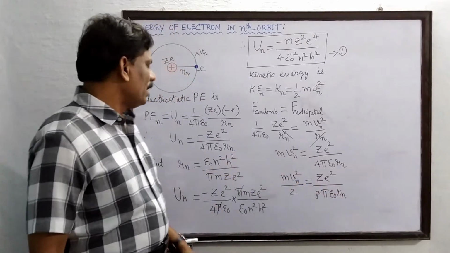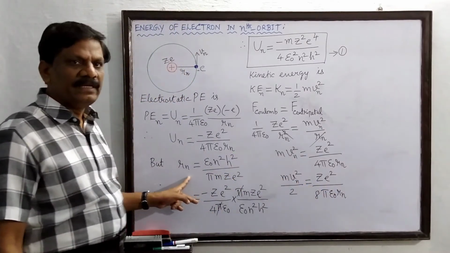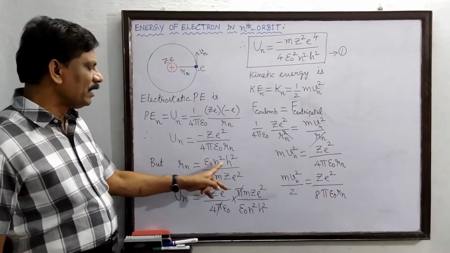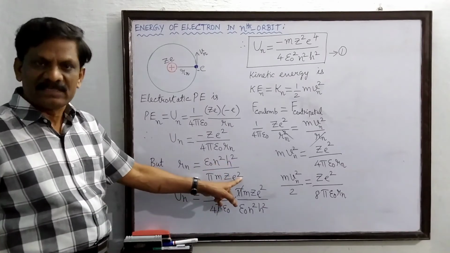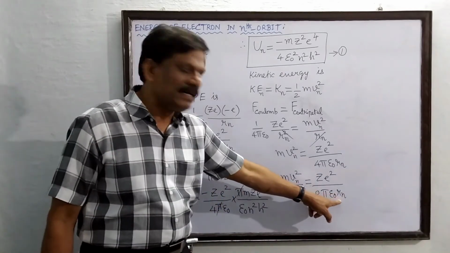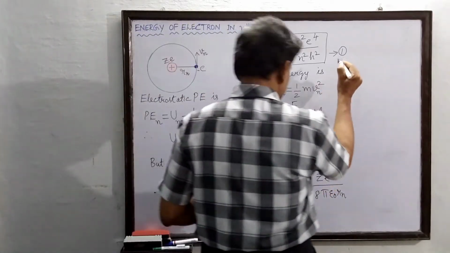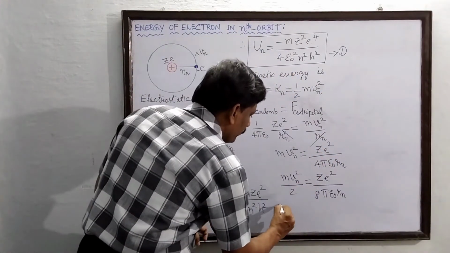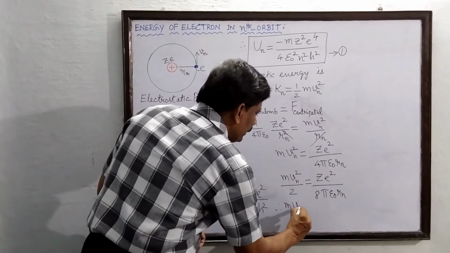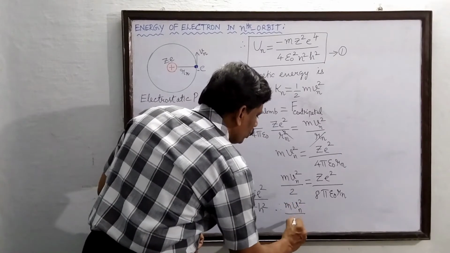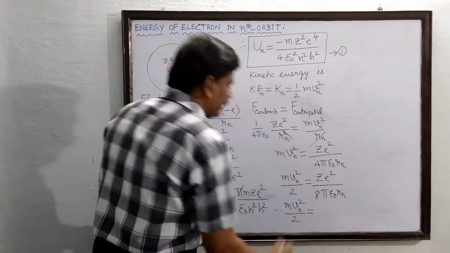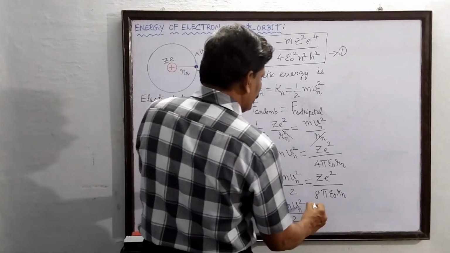So what is the value of Rn? Already we have written here, Rn is equal to epsilon naught n square h square by pi m z square. Here also the denominator term, Rn is in the denominator. So I will write here: therefore m v square by 2. This is the kinetic energy. So this is now equal to